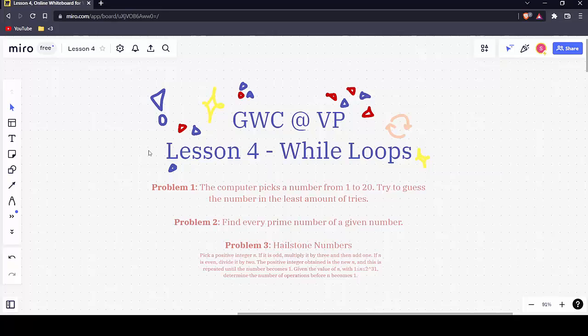So our first problem consists of a computer picking a number from 1 to 20, and the user has to try to guess the number in the least amount of tries. Our second problem is to find every prime number of a given number, and our third problem is called Hailstone